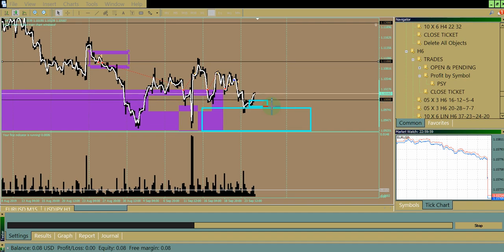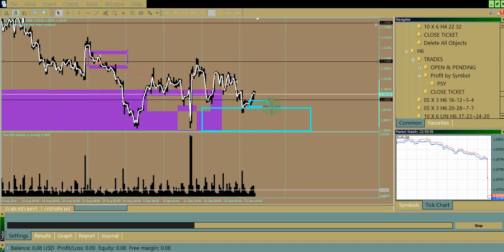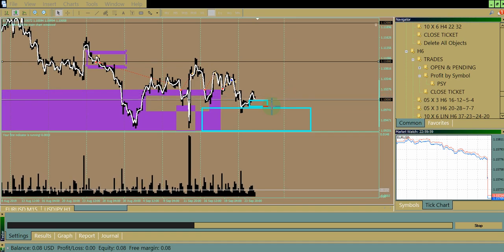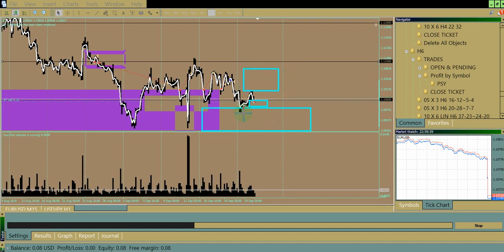Hopefully you're cashing out of something. Okay, breakout traders are cashing out, and a little more volatility here, and limit guys are going to get filled. Sell limits above that are way up there, and buy limits below. So you have sell limits up here forming, buy limits down here right now.